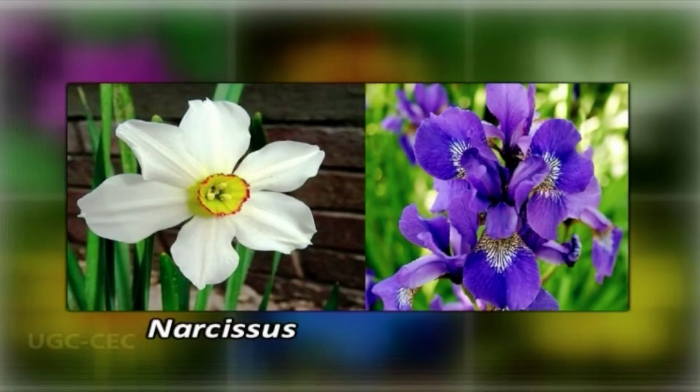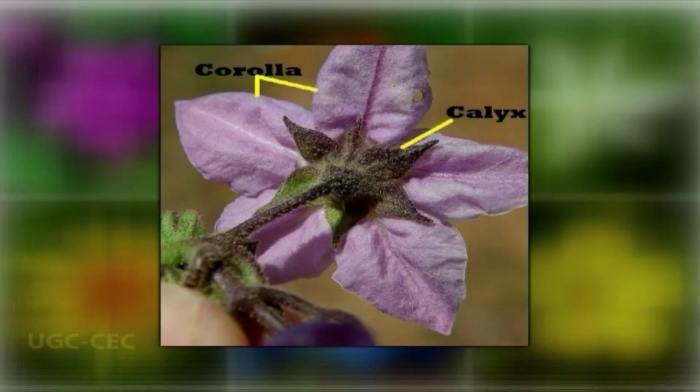Examples of plants in which the term tepal is appropriate include liliaceous genera such as narcissus, irises and tulip, etc. Conversely, genera such as solanum and phaseolus have well distinguished sepals and petals. Petals can differ dramatically in different species. The number of petals in a flower may hold clues to a plant's classification.